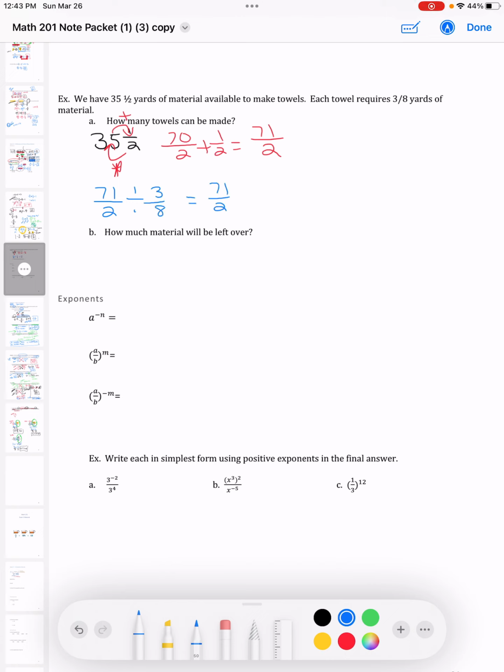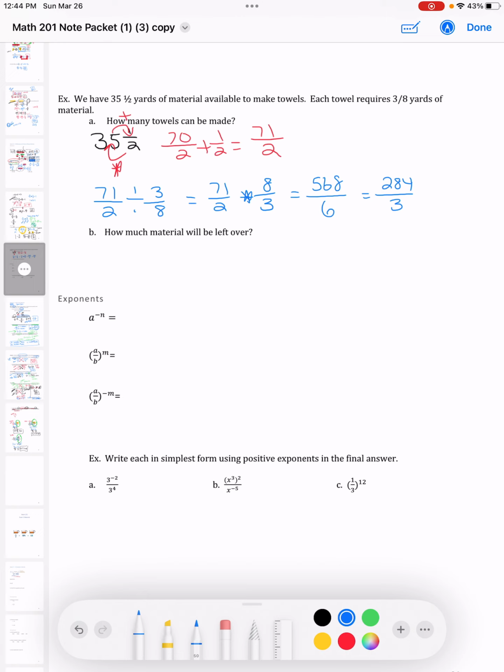And remember, our rule is to keep, change, flip. So I kept, changed, and flipped. So 71 times 8, multiplying across the numerator, multiplying across the denominator, and then I'm going to reduce that down. That gives me